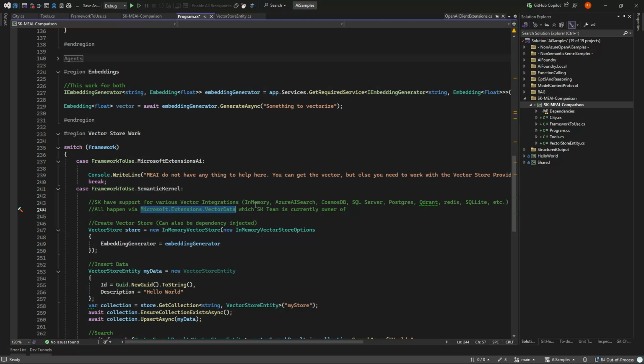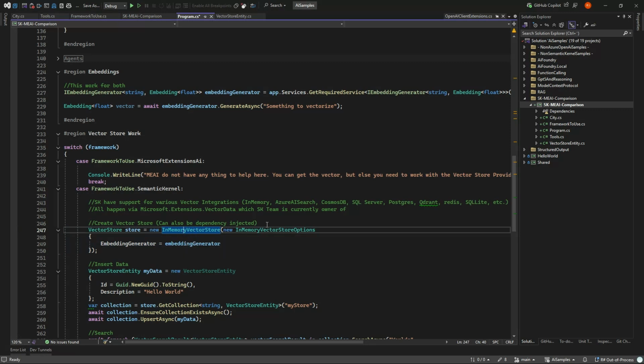And they have various ones. They have in-memory, Azure AI Search, Cosmos DB, SQL Server, and so on and so forth. So if you are someone who wants to switch between these, Semantic Kernel is much easier because you can just write your vector store as I do here. In this case, I'm using the in-memory vector store, but had I used Azure AI Search, I would write Azure AI Search here instead and give in some credentials.